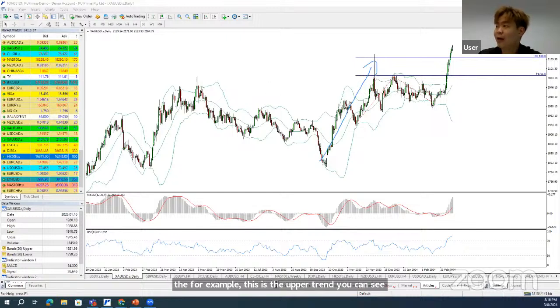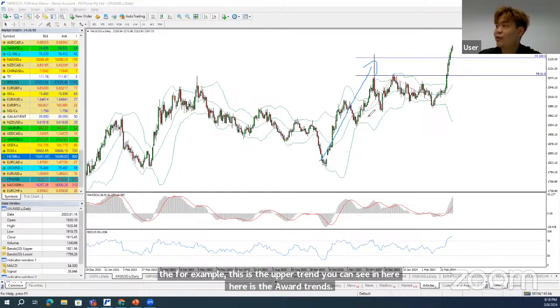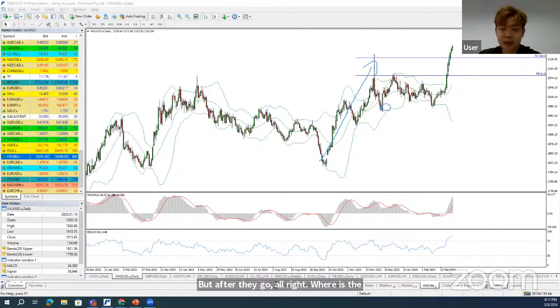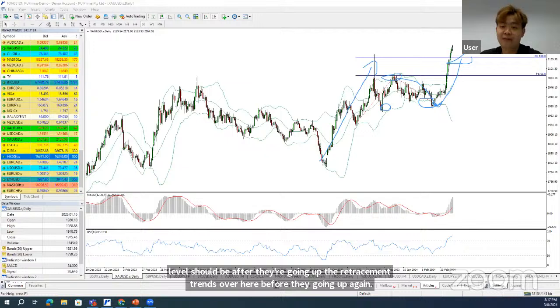After it goes up, where is the retracement? You can notice here should be the retracement, the first retracement for the gold market after it goes up. This should be your first dot. Then the second dot should be the highest level the gold hit. For the highest level, it is better to focus on the candlestick body. And the third dot should be the retracement before it goes up again. So here should be the place for you to put your third dot.